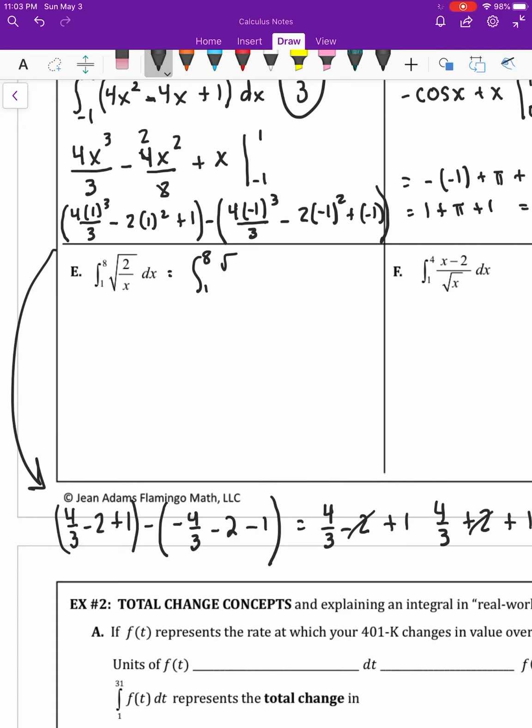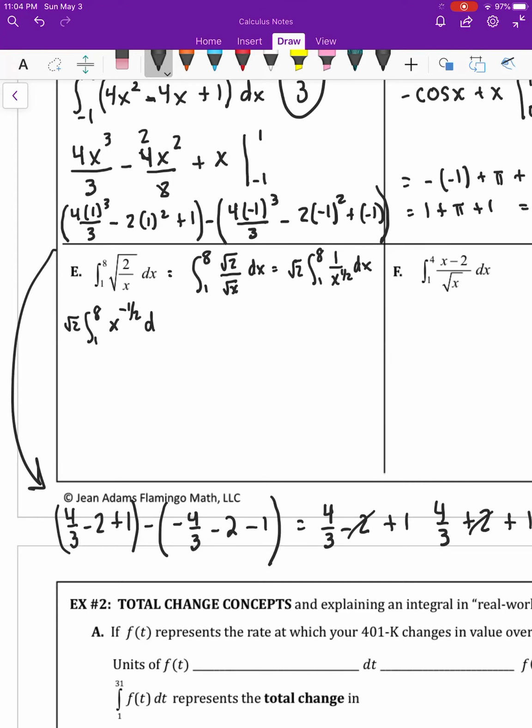Okay, letter E. This one, we're going to have to be careful. We have to simplify it a little bit before we can integrate. So if I have the square root of a over b, I can make it the square root of a over the square root of b. Okay, so I just did that. I can bring this square root of 2 out front,